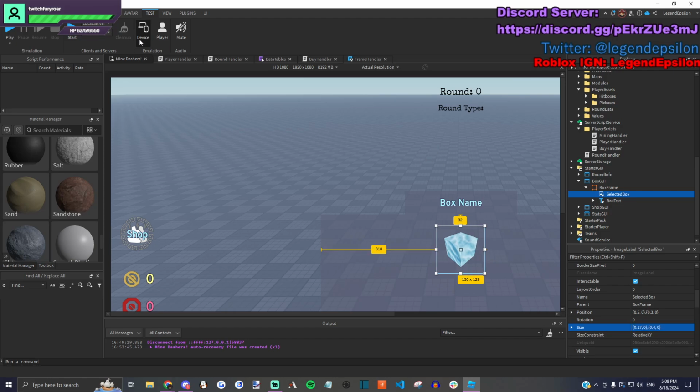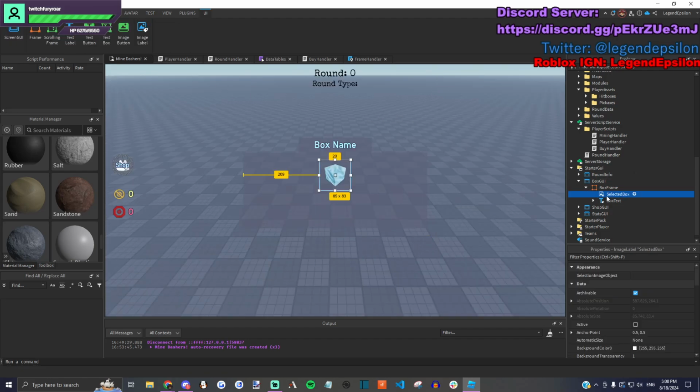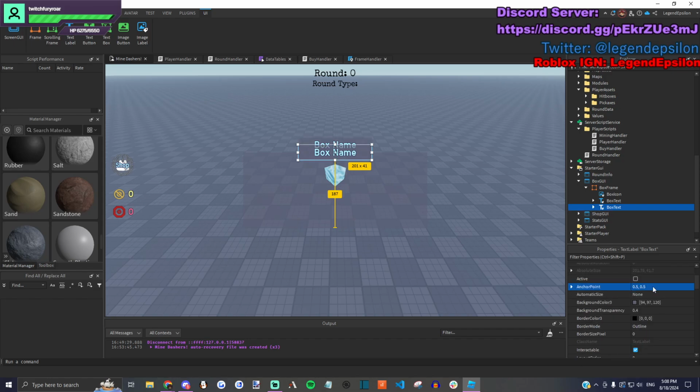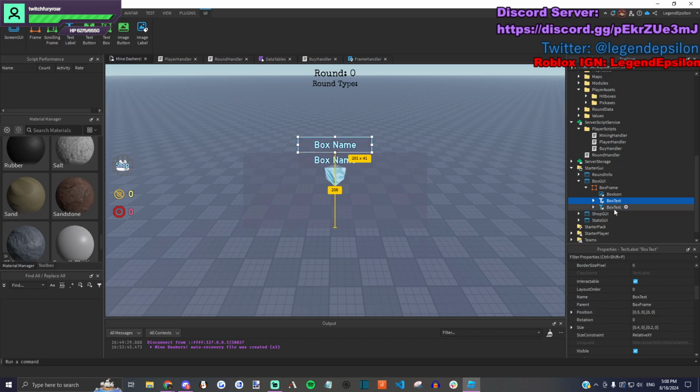Okay, that works. Okay. We'll do box icon. We'll do box text. We'll grab this. Let's see, that is at 2.5. We'll give it some